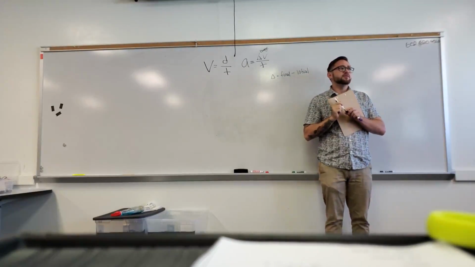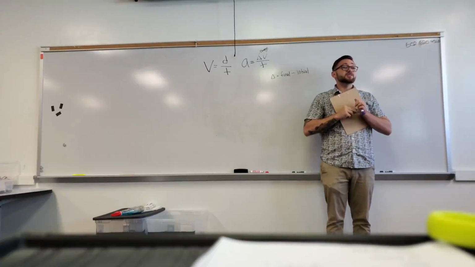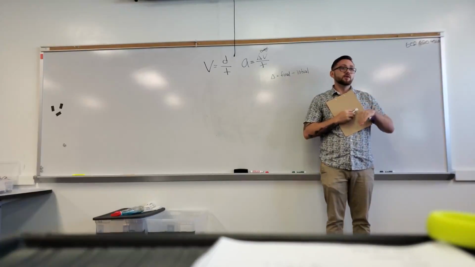When you look at that too, there might be problems where, say I start a race at 15 and I finish at 10. Would my delta be